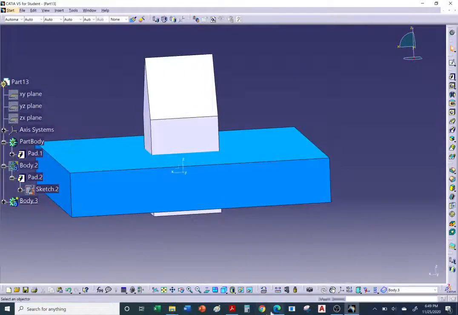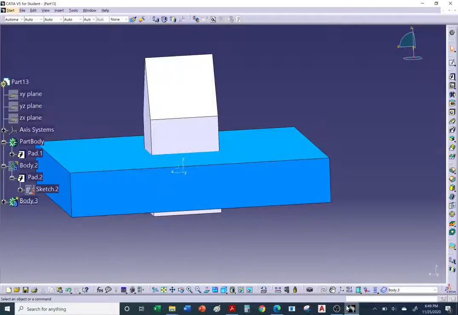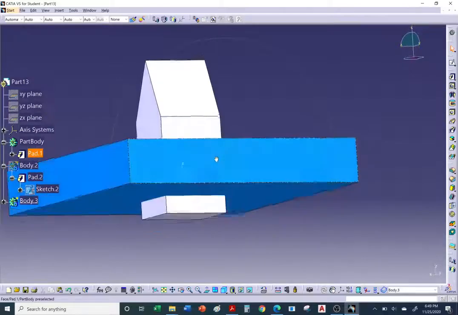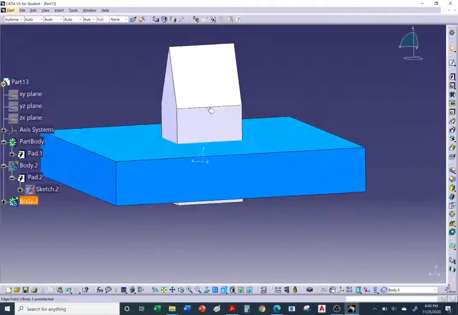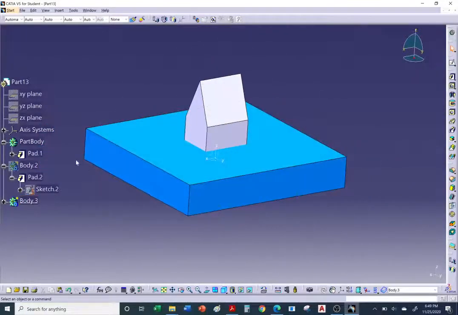Okay, so just like we saw in the picture, we have these three towers that we had to add to our part. So we would use Boolean operations. Okay, so let's go back to CATIA. All right, so let's say it was in the wrong place and I had to move it over some. Okay, so if I had to move this over to the right location, one thing I can do is